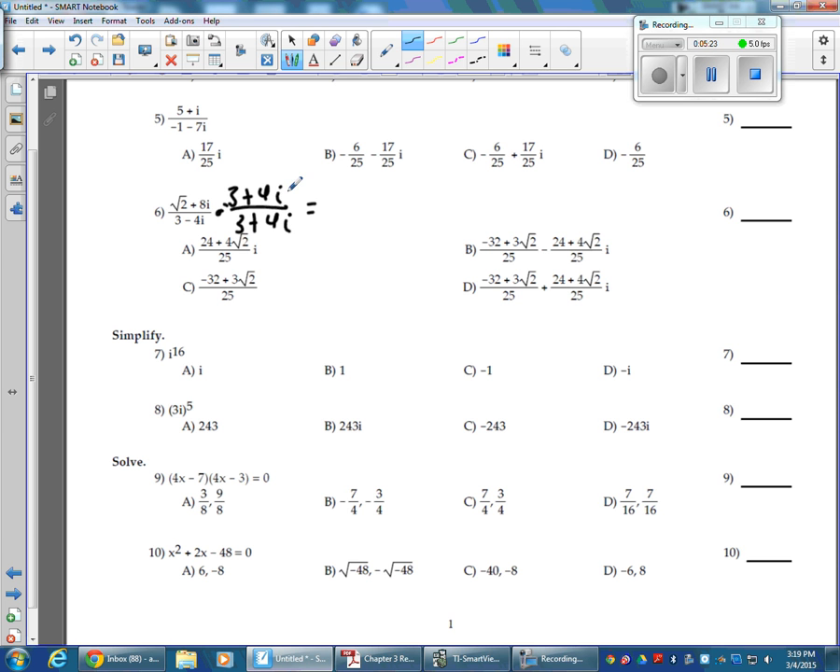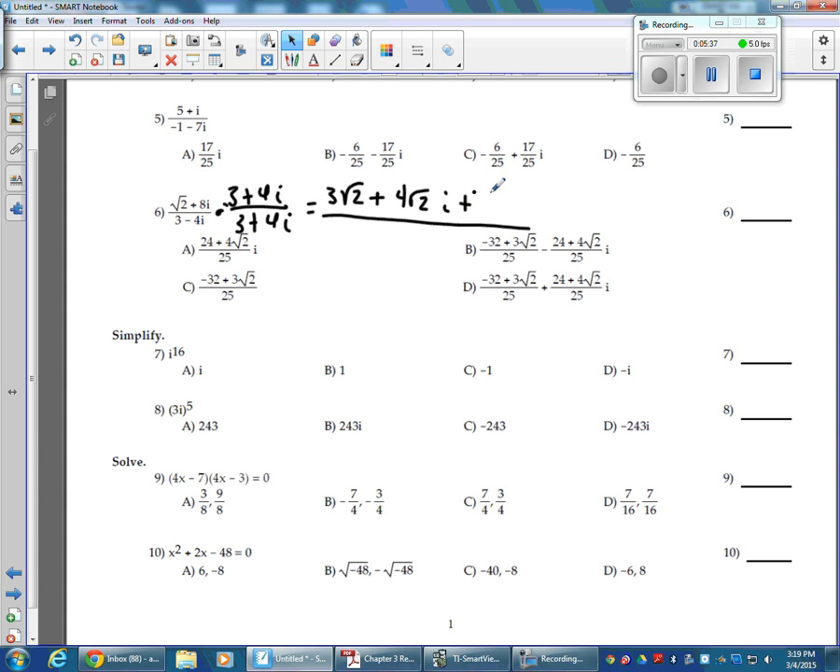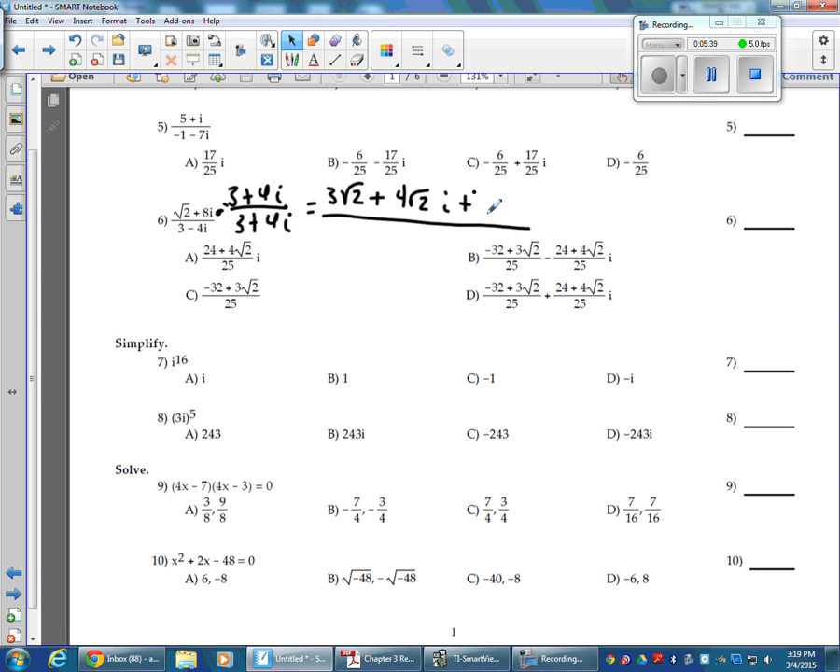And on the top I get square root of 2 times 3, so that's 3 square root of 2. And then my outers would be plus 4 square root of 2i. And then my inners would be plus 24i. Sorry about that. I hit something. Go back to the pen. Plus 24i. And then I'd have 8i times 4i, which would be 32i squared, or minus 32, because i squared